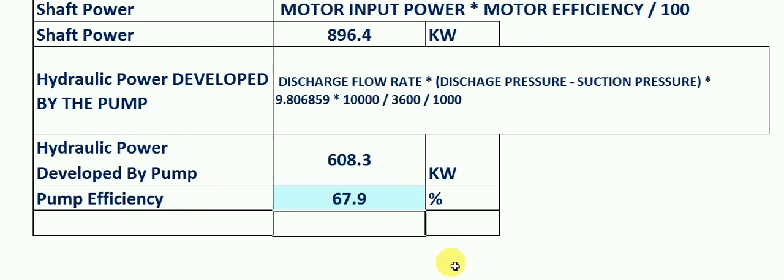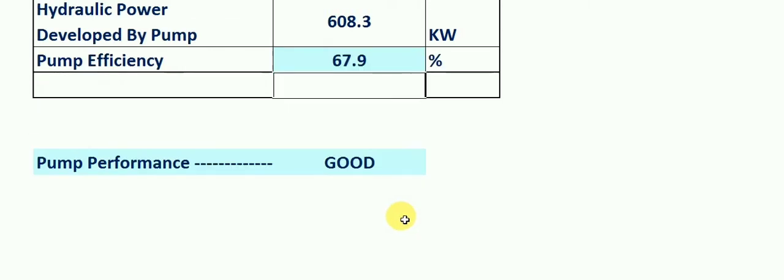Okay, it is not bad. It is in good level, 68%. Centrifugal pump normally efficiency will be in that range. Positive displacement pump will give efficiency more, 80 to 90% we can get. The centrifugal pump will normally get less than 80%, 60 to 80%. If it is higher capacity pumps, we'll get efficiencies around 70%. Higher capacity means in case of 100 meter cube, this 200 bar. So our pump performance is good.